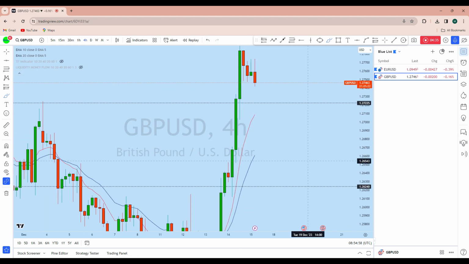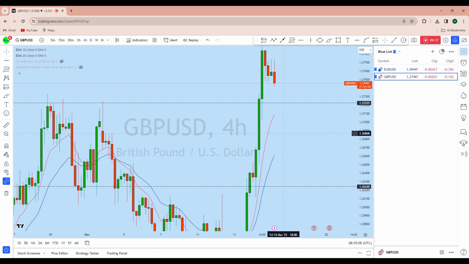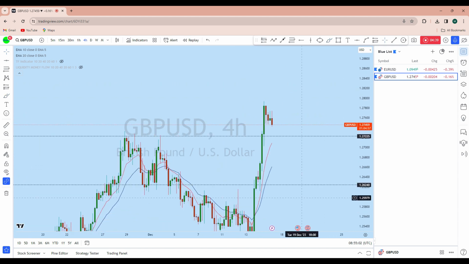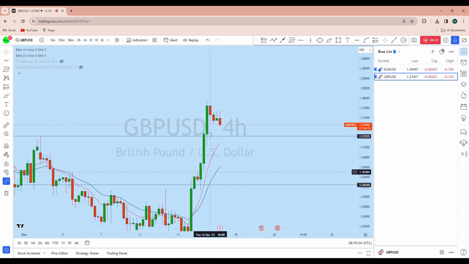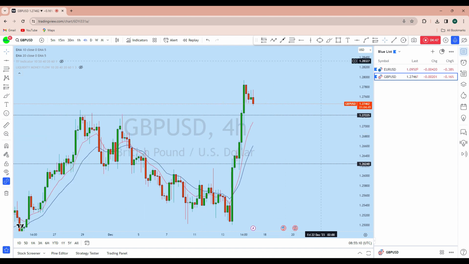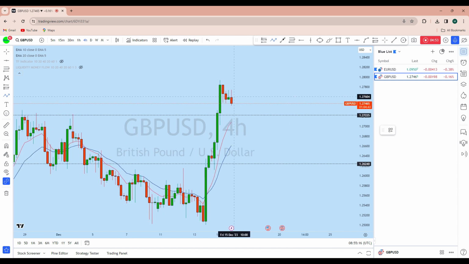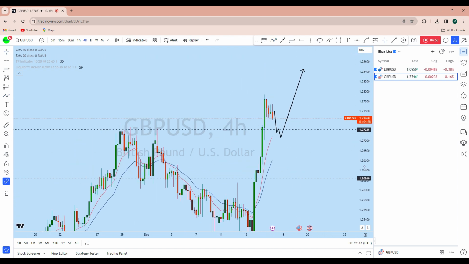If we look at the intraday perspective on GBPUSD, we can see that there is a bullish engulfer here as well with this narrower doji, and we can expect the price to drop deeper. We will be waiting for this candle close, and with that candle close, we can expect GBPUSD to give us another entry opportunity for this potential move to